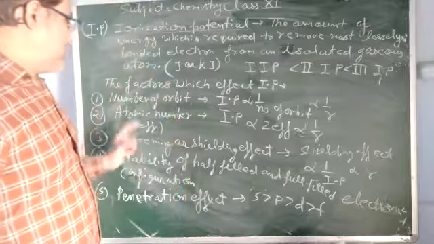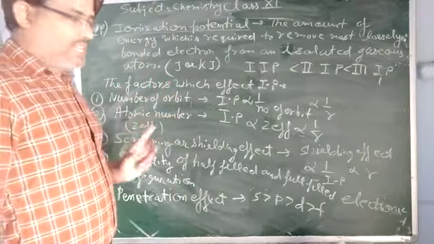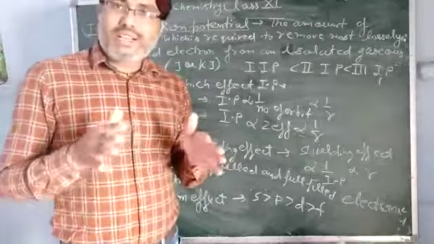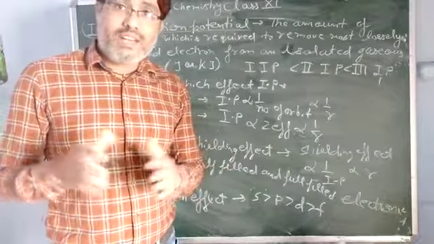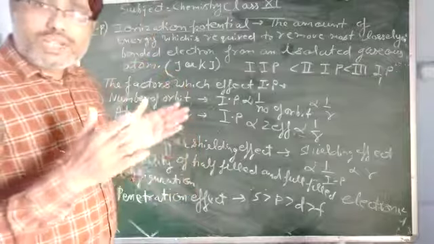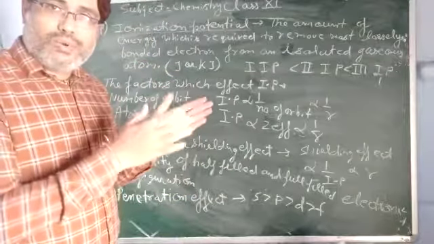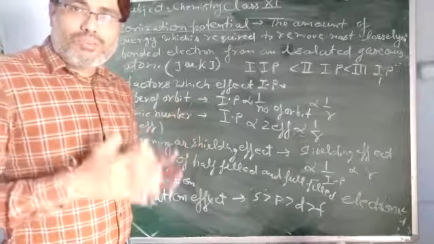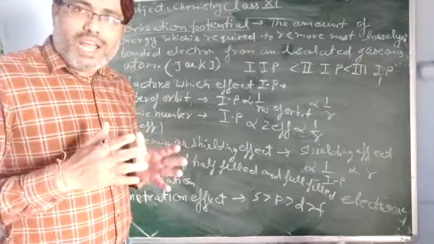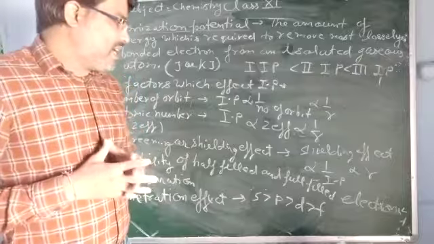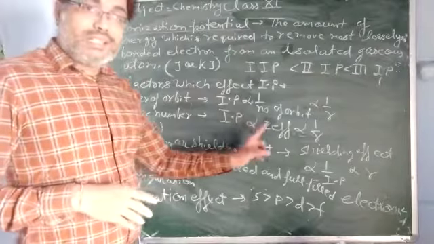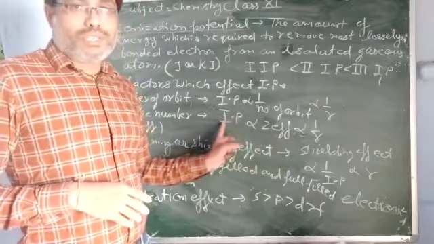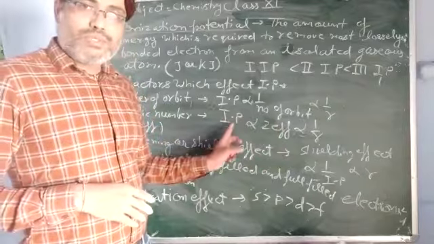Okay. Now next point, atomic number or Z effective. As atomic number increases, the atomic radius decreases. And if atomic radius decreases, the electrostatic force of attraction between the nucleus and the outermost electron increases. So we require more energy, and the value of the IP increases. So if atomic number or Z effective increases, the IP value increases. So IP is proportional to Z effective.